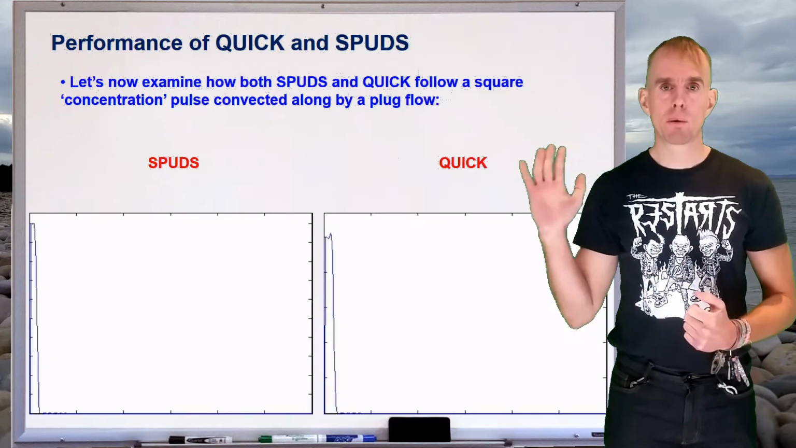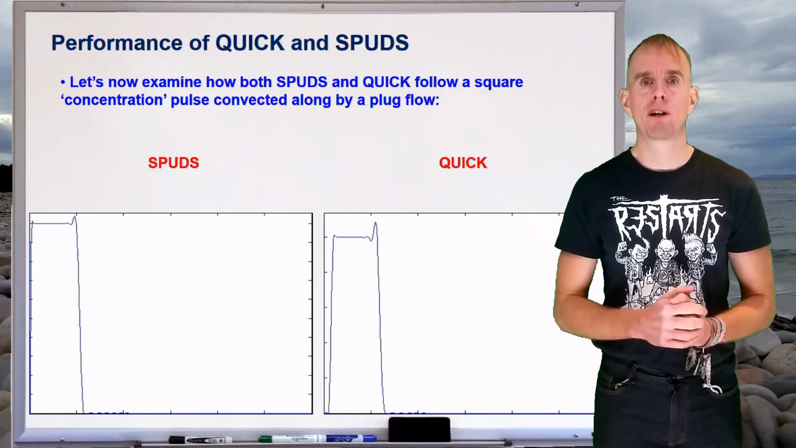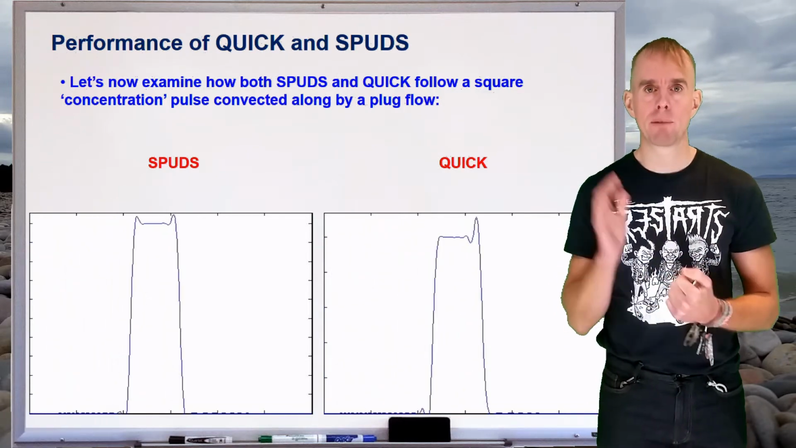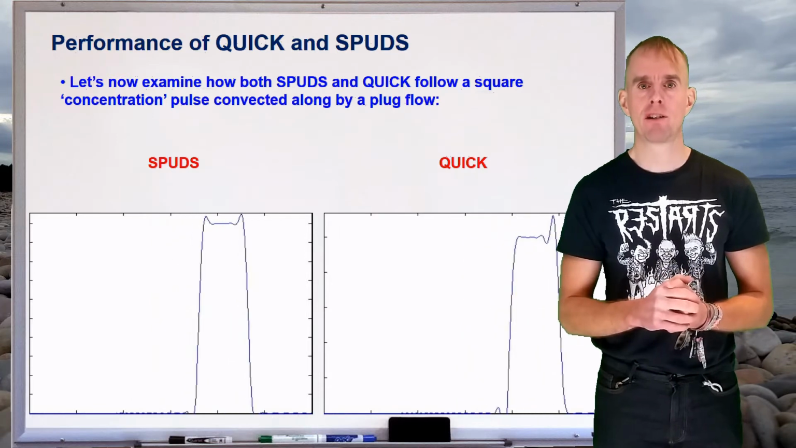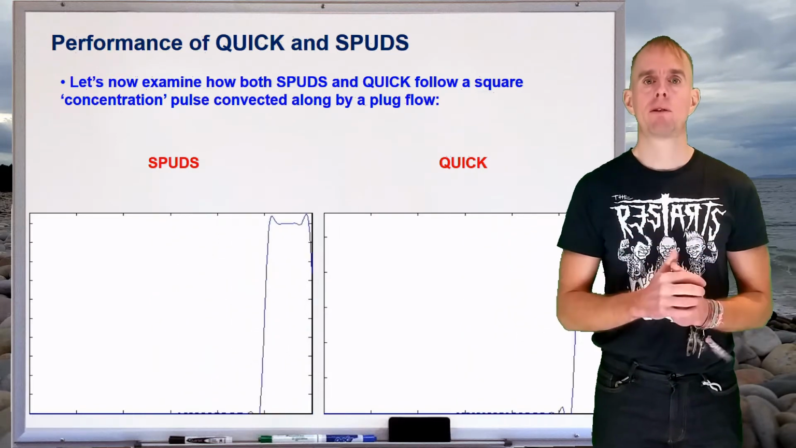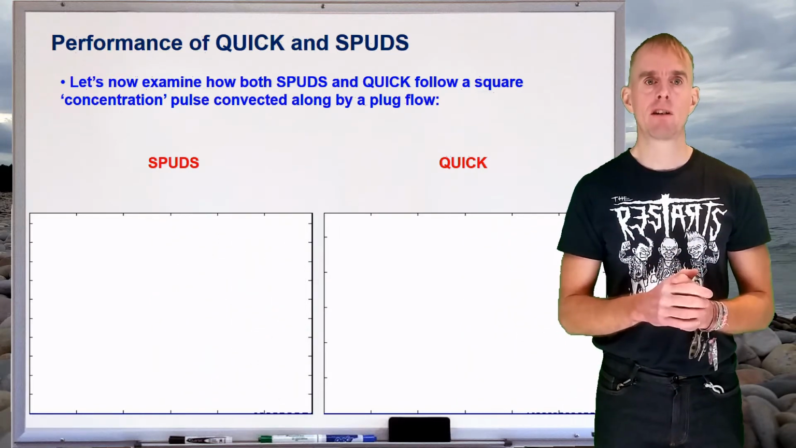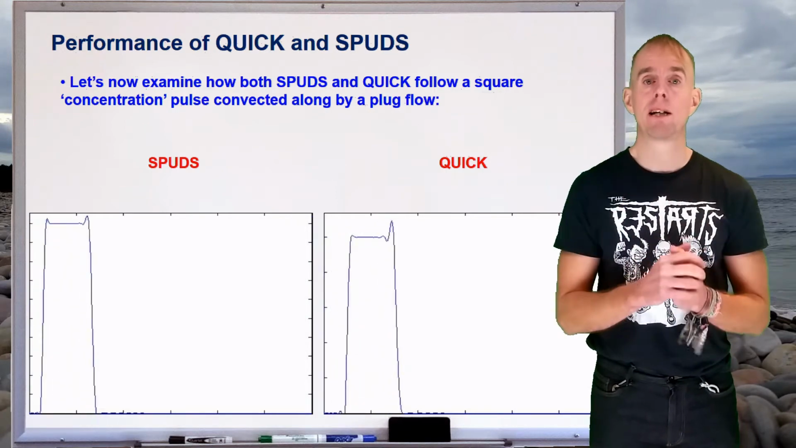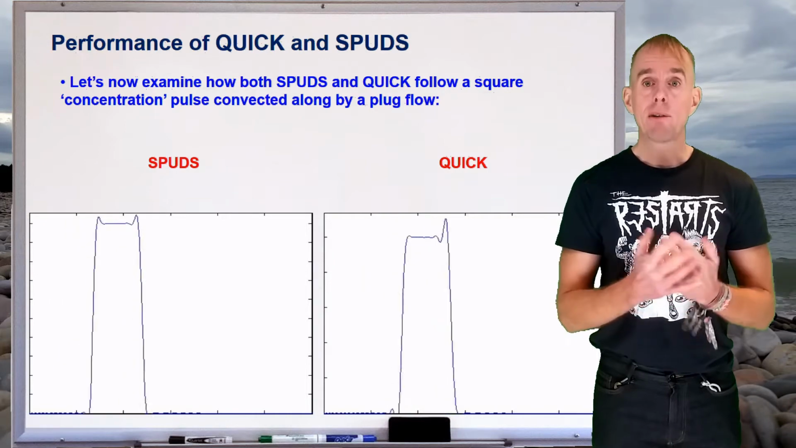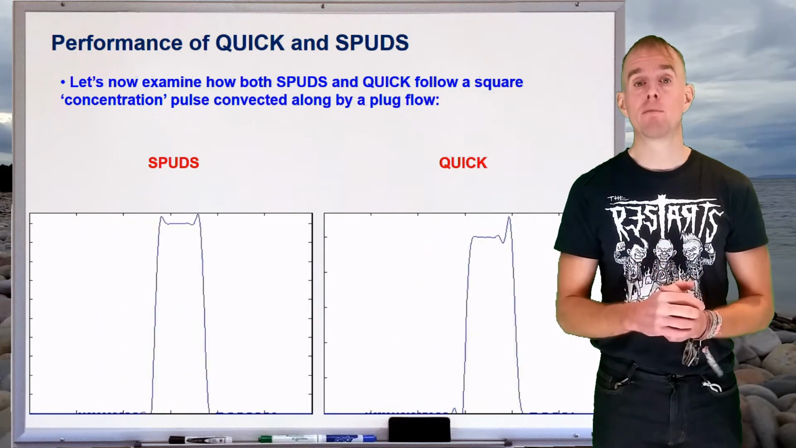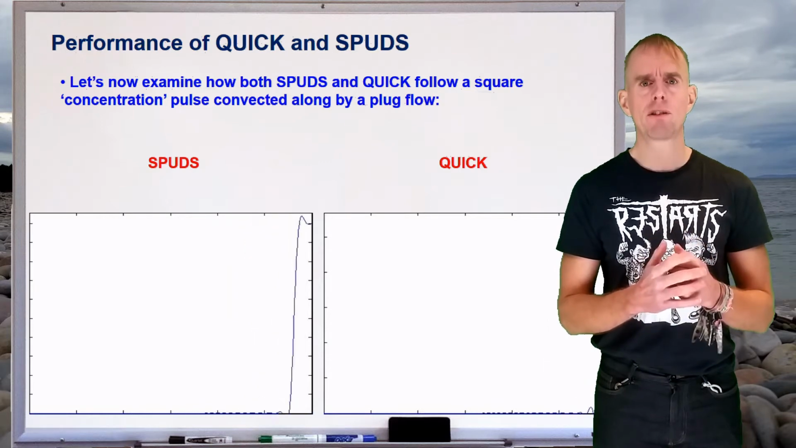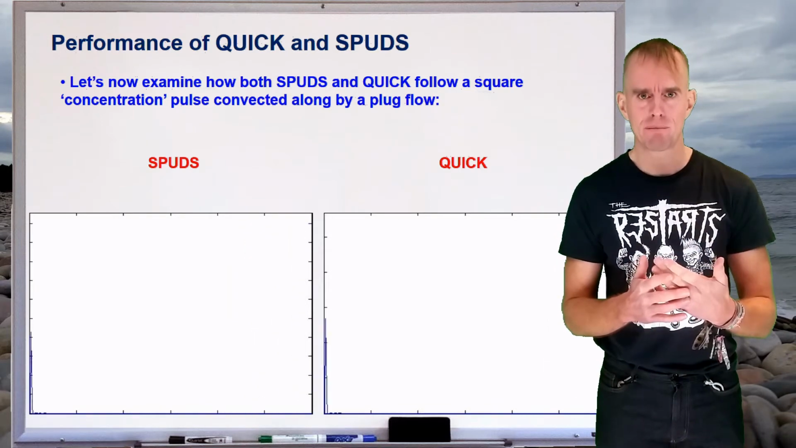So here on the board are the predictions of the code for this problem. One uses SPUDS, one uses QUIC. Now both of these little movies are playing simultaneously. You can see the square wave being started at the front end, and you can see the way that square wave moves along the solution domain in both cases. Now it doesn't seem too bad. It's definitely an improvement on first order upwind differencing, but you will see that the solution isn't that perfect,